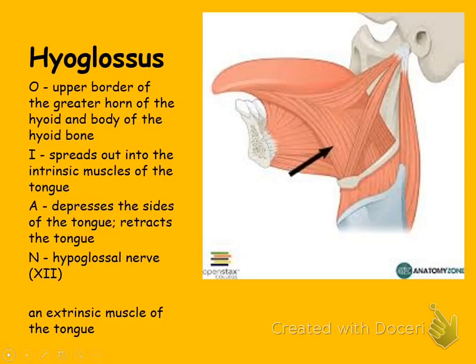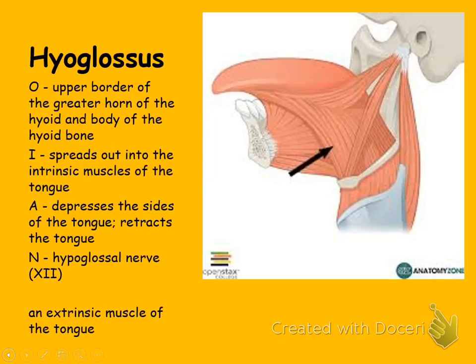They'll be on YouTube. Hypoglossus. It tells you where it's at. Hypo is below the tongue. So hypoglossus originates on the upper border of the greater horn of the hyoid. Hyoglossus goes from the hyoid bone upwards. So hypo is below the tongue, but it's also attached to the hyoid bone. So you can look at it both ways on that one, but it really gets its name from the hyoid